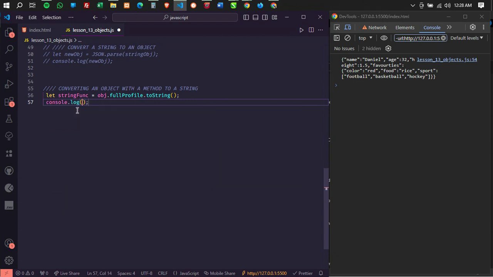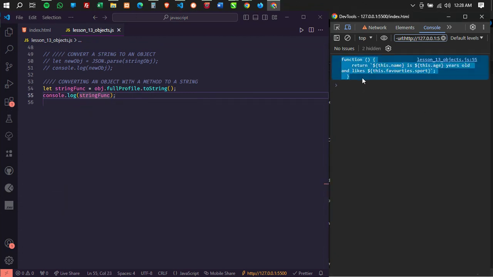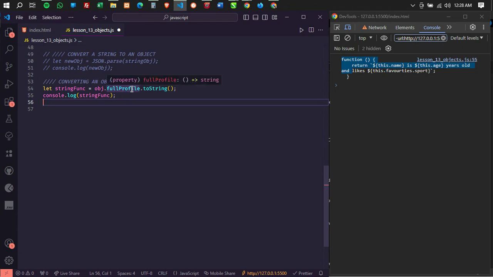And then when we log string function now, we're going to have our function converted to string for us. Remember, in the console, a string is displayed as white text over here. So we have that. Great. Now, when we are going to stringify our object,